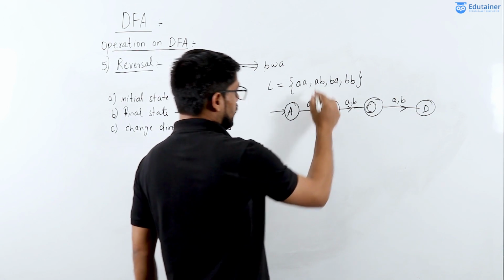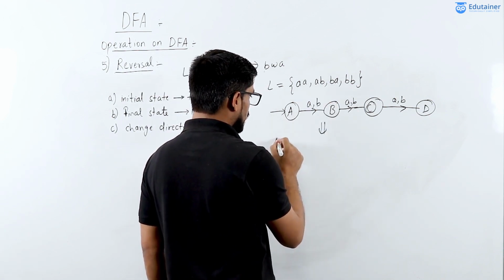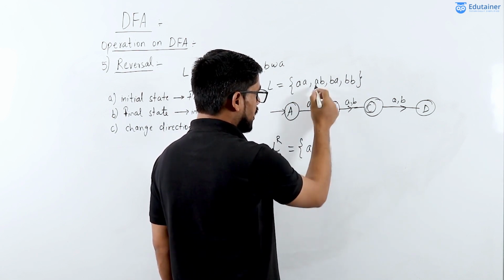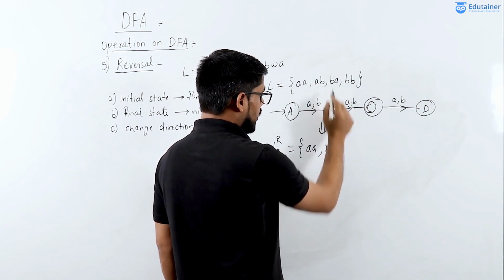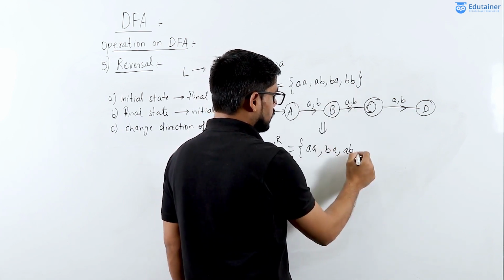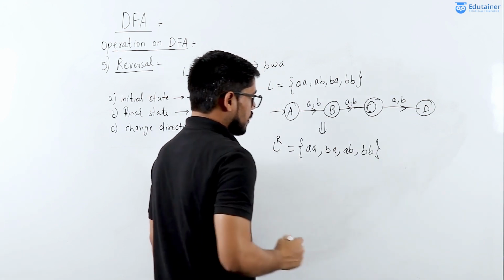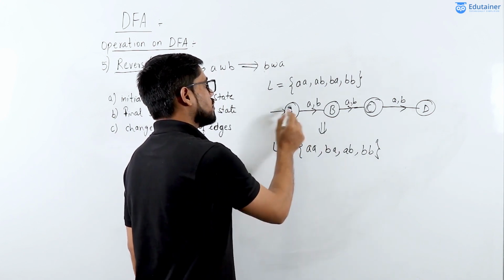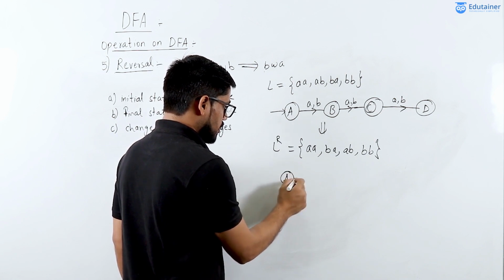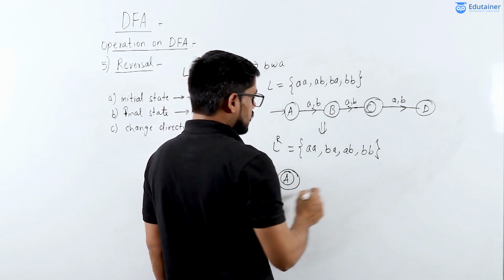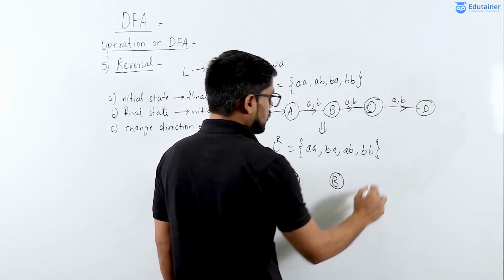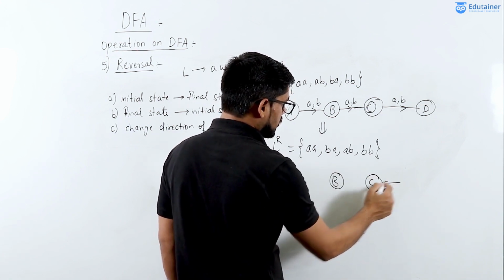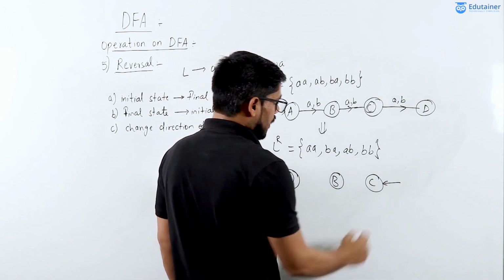Now if I reverse this language, so reversing this language means L power R will be AA will not affect it, but AB will change to BA, BA change to AB, and BB remain as it is. And in the transition diagram what you will do here is make initial state a final state. So initial state is capital A, which is final state, and capital B will remain as it is. Finally make final state an initial state, so it is initial state. And let's say D here,